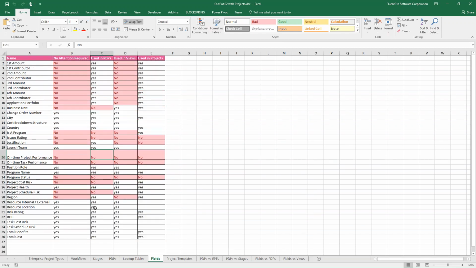So you can see all that information, and imagine that if you have several hundred fields that some organization created, automation of this comparison and validation is very valuable for companies because you can identify inconsistency in your data. Simple scenario again, I can see inconsistency already there. Some projects have values in business unit, but I have no way in PWA to edit these fields. Yes, definitely, I can go to project information using Project Professional and provide a value here, but on the PDPs,